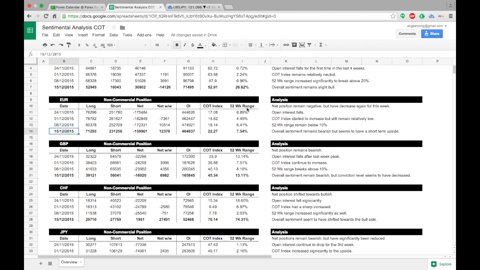For the 52-week range, it basically means 52 weeks is a year period. So what I took is, over a year, the change in the highest and the lowest, I calculated that range, and what I tracked is the change from the previous week to this week, compared to over a period of a year. So if you look at this as 7.54%, it simply means that the change from previous week to this week is just 7.5% of the entire range that euro position had moved across a period of a year.